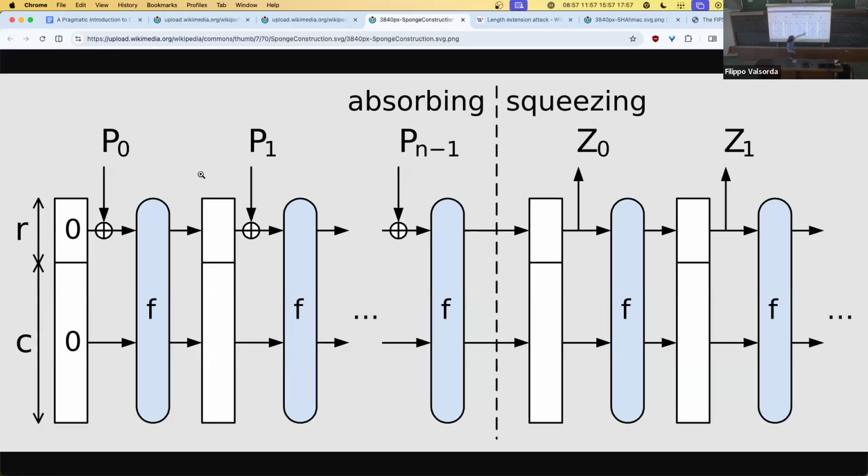And since every time you run the permutation, you are making all of these bits depend on all of these bits, if the attacker doesn't know these, it can't predict what will happen to the entire thing. And by just knowing these, without knowing these, it can't invert the permutation. Because to invert the permutation, you need to know the entire output state. Otherwise, they would be correlated, two different states that start with the same bits, for example.